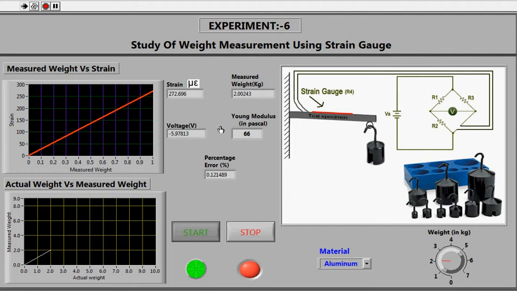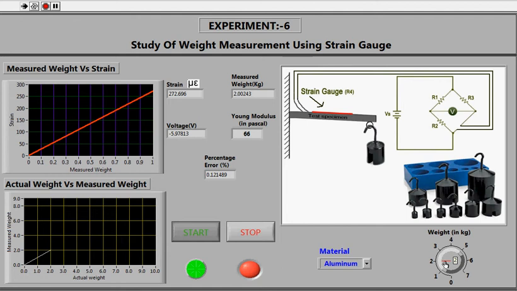And here we are understanding how exactly the measured weight differs from the actual weight, at what ratio, and what is that value by which the measured weight differs from the actual weight. And now we will again increase some weight on it. Suppose I make it 4.